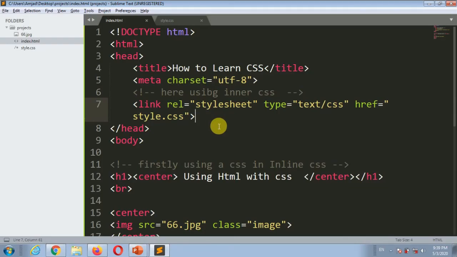In this lecture we learned the 3 types of CSS, and in the second lecture we will also use CSS and some HTML tags,